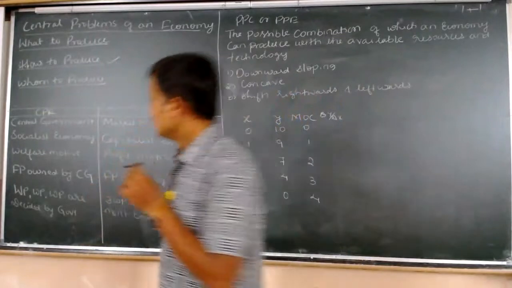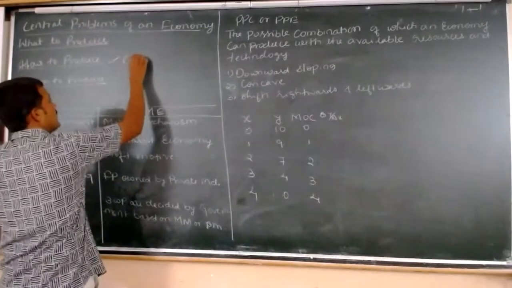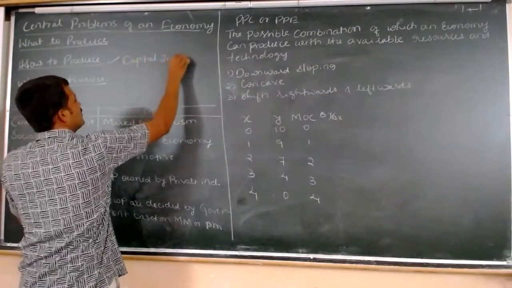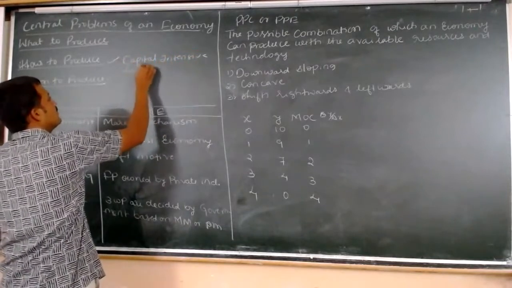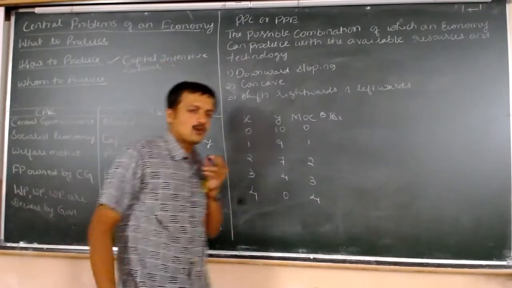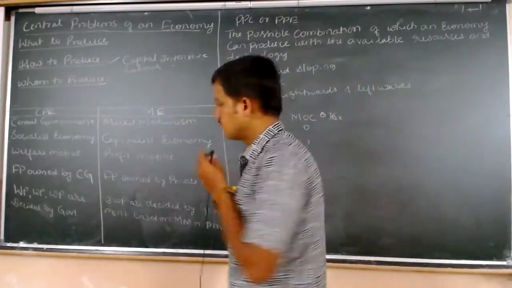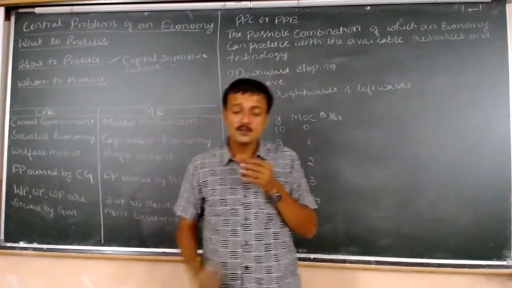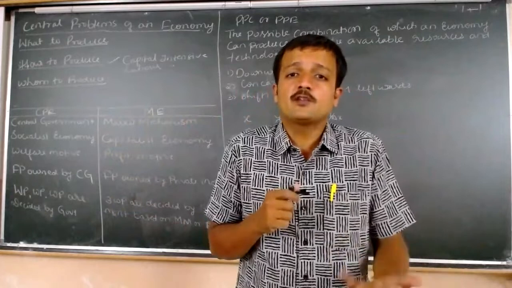Now here you have only two types of techniques. One is the capital intensive, or you can call it machine oriented, and the other one is the labor oriented, or you can call it labor intensive. So in one we are giving the task to the machines, and the other one is to the labor. The question arises, so which one is to be adopted?